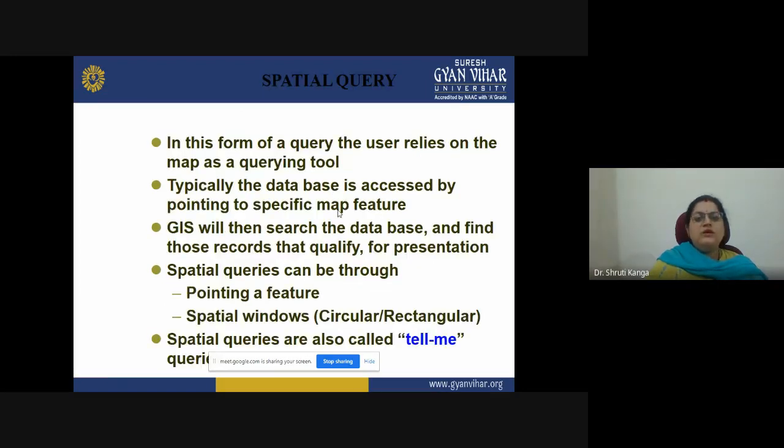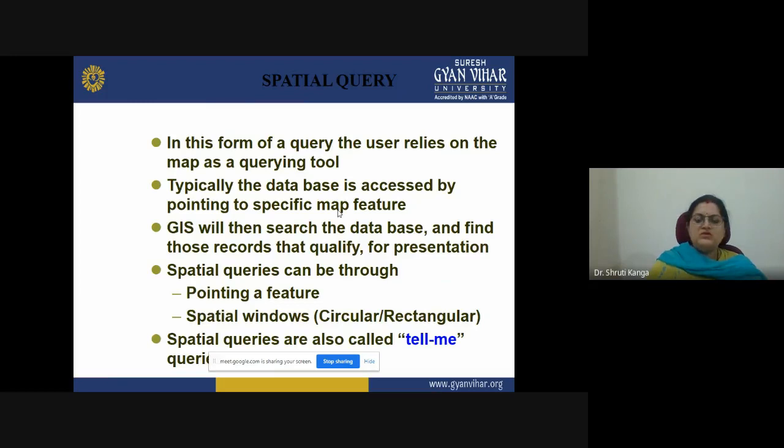Then we have an option of spatial queries also, where we can query for different maps, queries which are pointing to a particular feature, or which are denoting a spatial window in the form of some circular or rectangular shape. These kinds of spatial queries can also be called tell me queries.